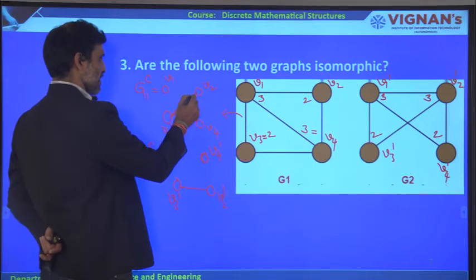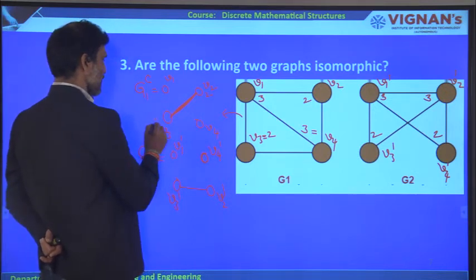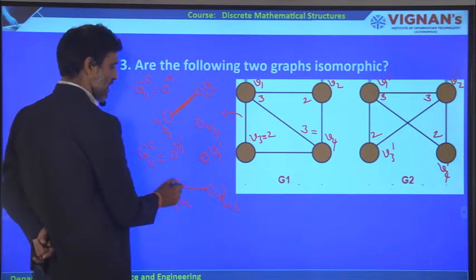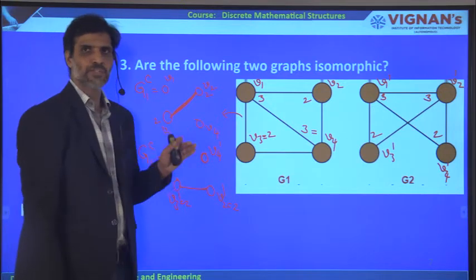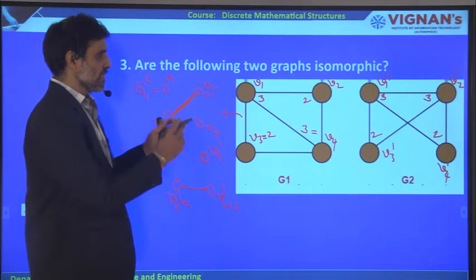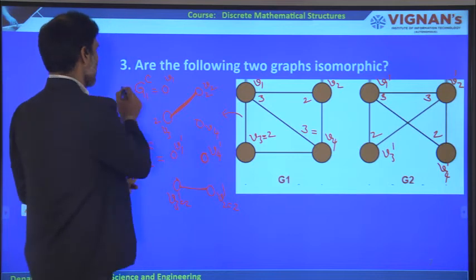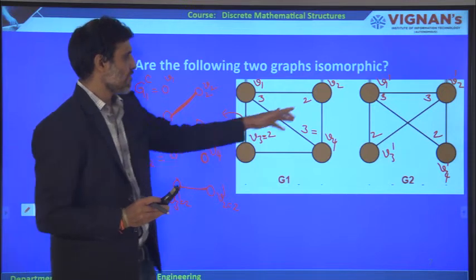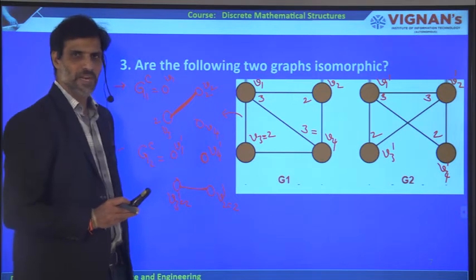So observe that here V2, V3, the degree of this is 2 and here the degree of this is also 2. Both are connected here. Here also both are connected. Therefore, these two graphs are isomorphic graphs. This is how you have to check whether two graphs are isomorphic. First we have checked whether the necessary conditions are satisfied or not, and then we have checked the complement of the first graph, which we take like this, because V2 and V3 are not connected, rest of all are connected, therefore we take the complement of the graph like this.